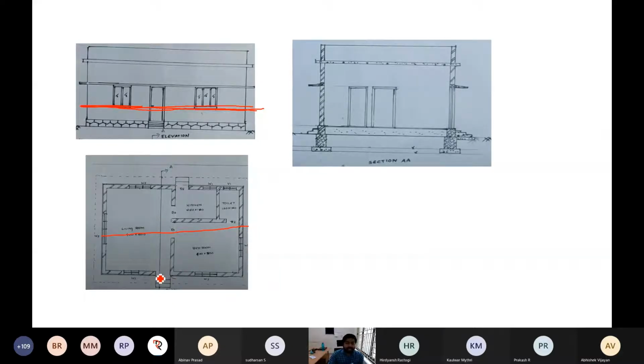Then in some line diagrams, the positions of doors and windows will not be given, and you have to arrange them accordingly based on the building planning principles. We discussed how we can arrange the doors, what aspect and prospect to maintain, and how you can provide privacy. Here you can see, for an example, I will tell you the door position here. You can make the door here also, in the middle of the wall.